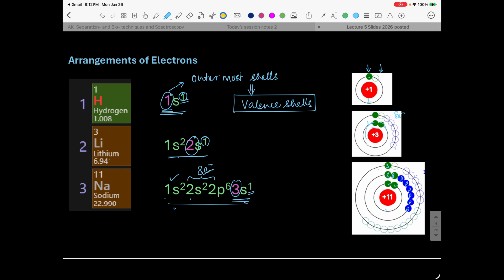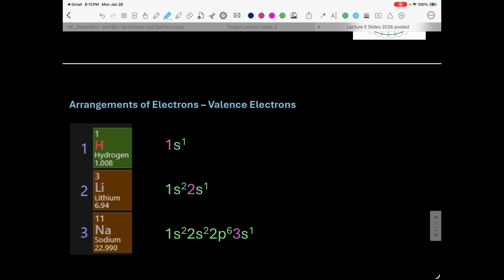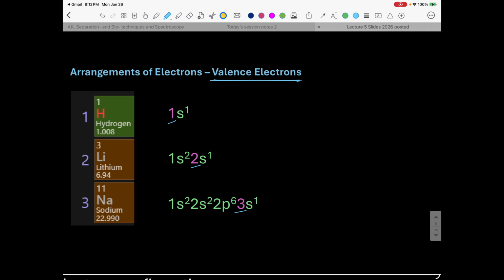So these outermost shells are called valence shells, and these electrons are arranged in those shells around the nucleus. I highlighted these highest numbers, and as I mentioned, these are valence shells. And the electrons in these valence shells are called valence electrons. So if you look at each of these elements and we want to figure out the number of valence electrons